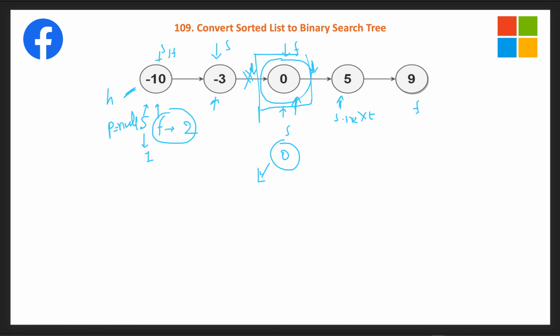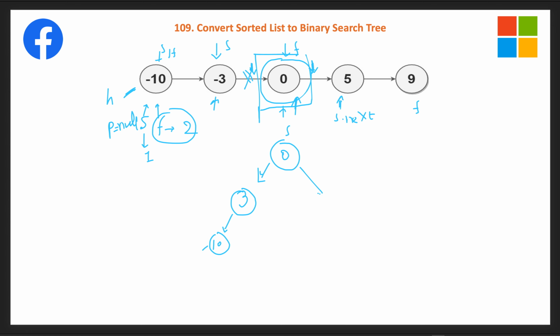Once we are done, the same thing we will iterate over here, like finding the middle of the list. So we start slow and fast from here. This time this will be our slow node. So this is basically our middle. Then we assign 3 over here, and then we again do the same thing, and this is what our tree will become. The left subtree is complete.